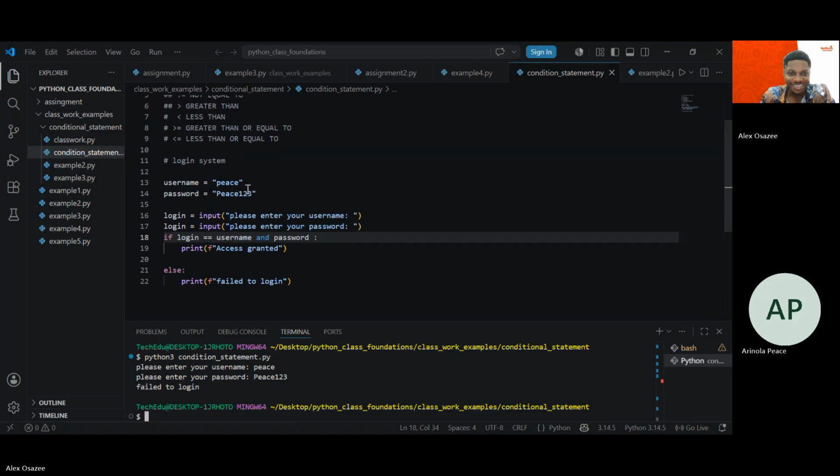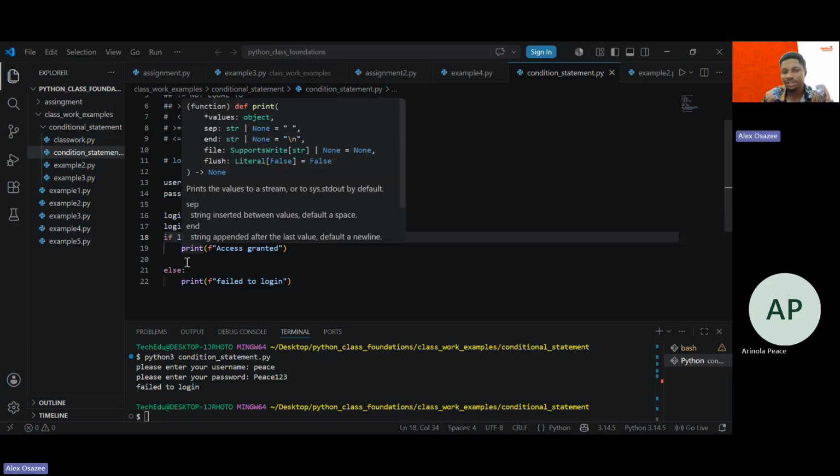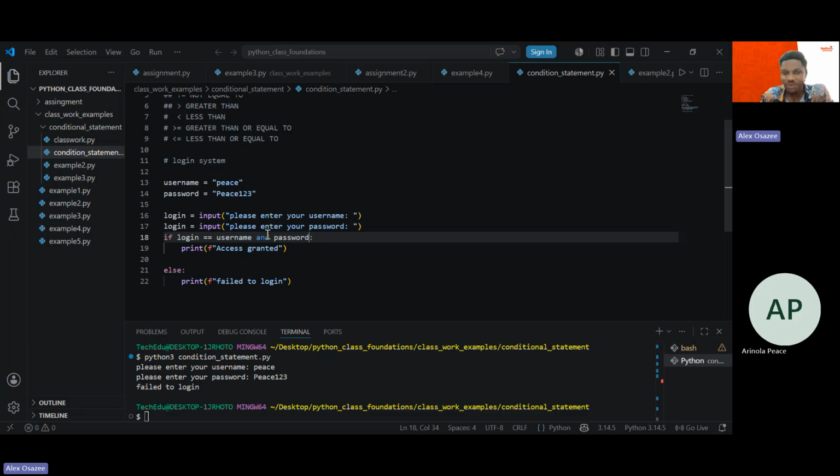Okay, quite tricky. Why we are getting fail to login is these two variables, 1, 2, 3, they are all the same. If I take this one, I'm saying login, enter username. I'm also coming here to say login, enter password. But it's the same thing. It's just going to see it as the same thing. So it's more like we are calling just one variable, and we are saving this one variable into two different variables. So I think what we can do is